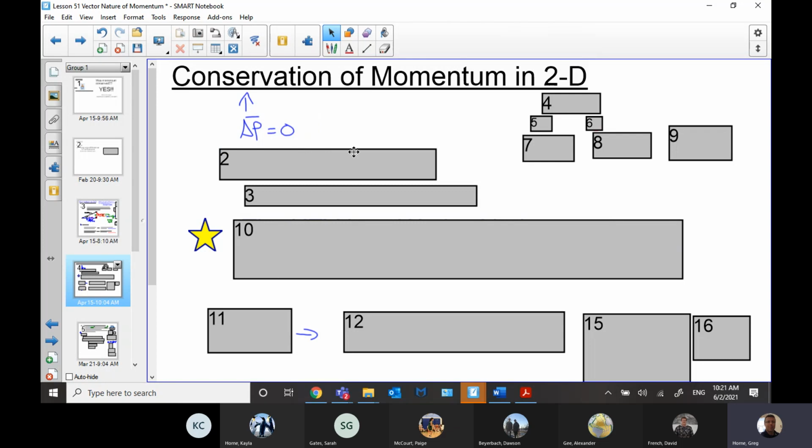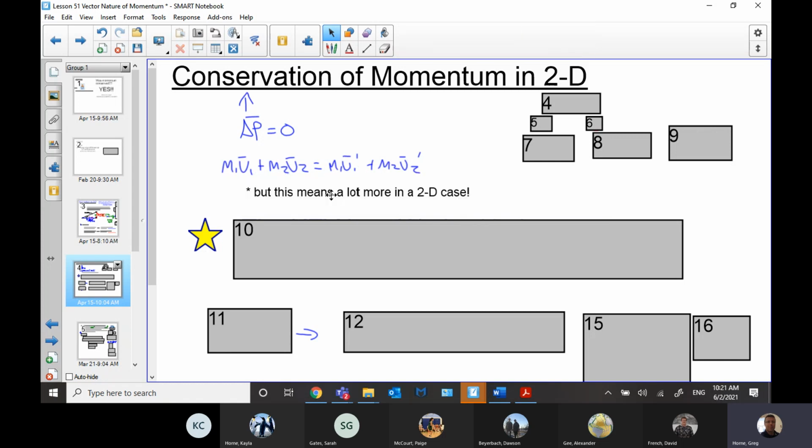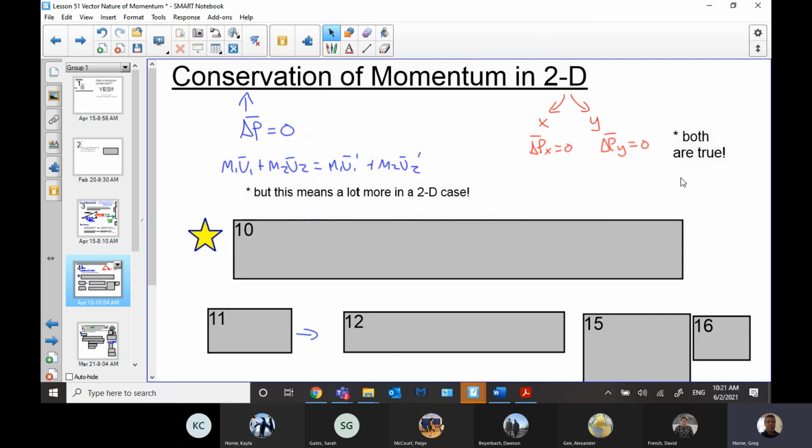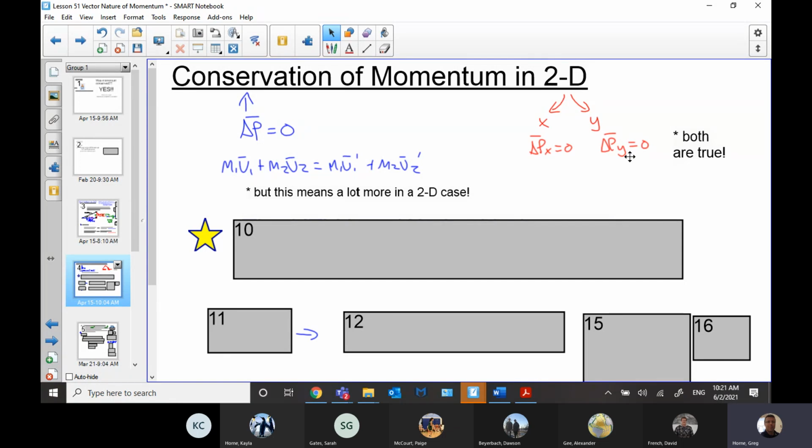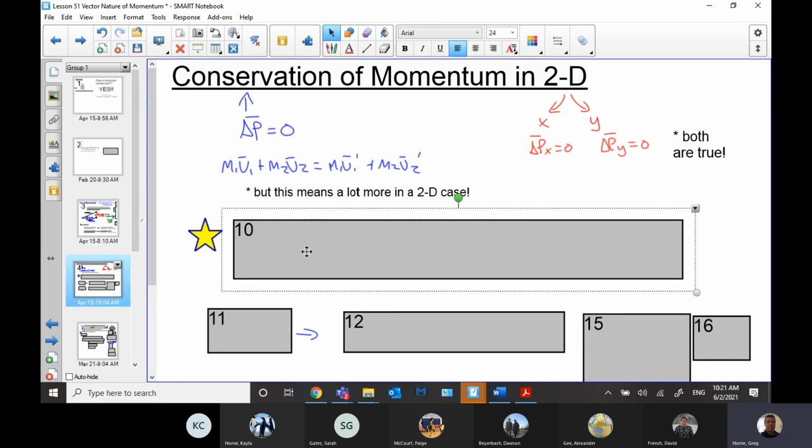So we know momentum's conserved, always, right? That's what we knew before. But now we're going to need to do a little more than that, because we're going to have x and y components of this stuff, right? Momentum in the x direction and the y direction are both conserved. And that's what gives us our starting point for cases like you're going to see here, where we've got a curling question with multiple angles and so on involved. Okay, so we're going to analyze the x and the y momentum conservation realities.